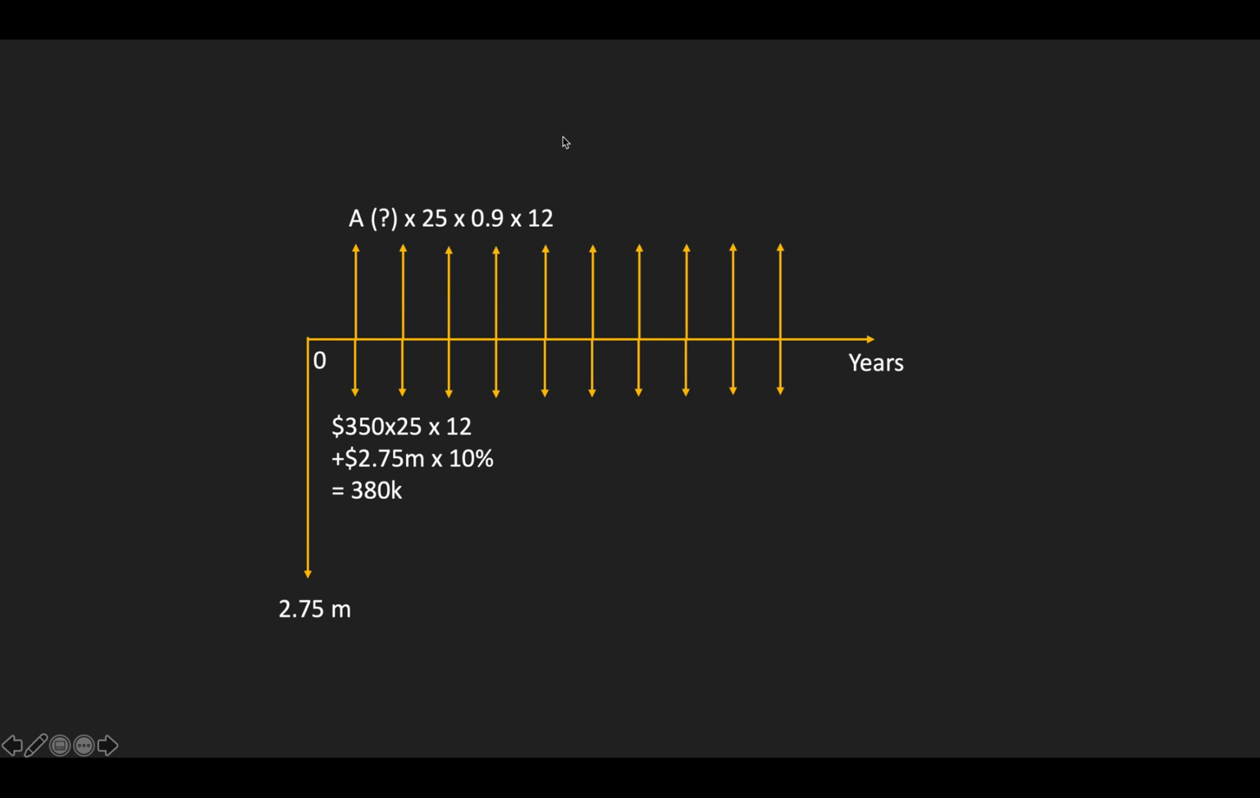There obviously needs to be some income, right? The income, the inflow, is rent, which is what we need to decide for each unit, right? Which is A, multiplied by 25 units, but we are thinking only 90% of the units are going to be rented out, so multiplied by 0.9, and then multiplied by 12 months. Per year, there are 12 months of rent to charge, right? So that's basically what we're trying to do. And now we need to find A, right? Because A is unknown,